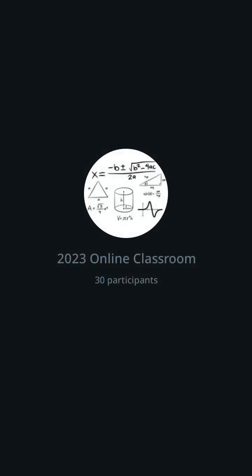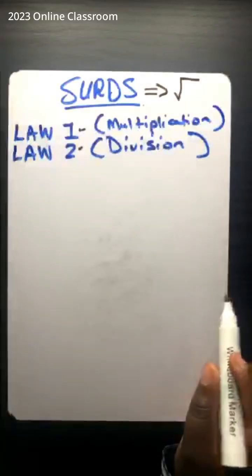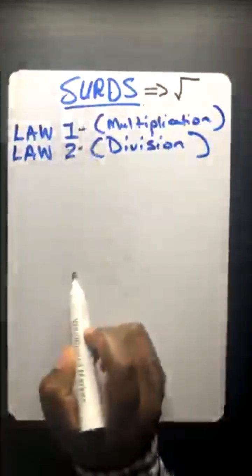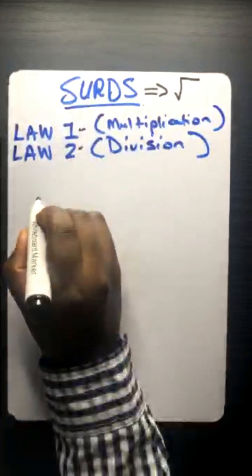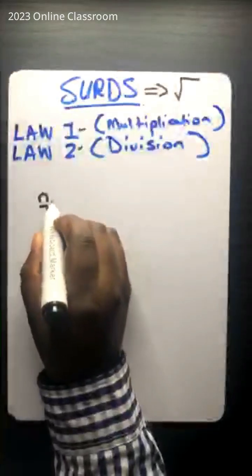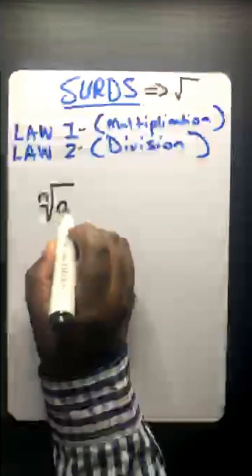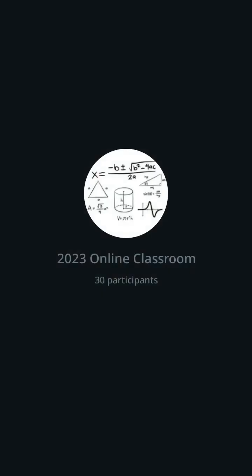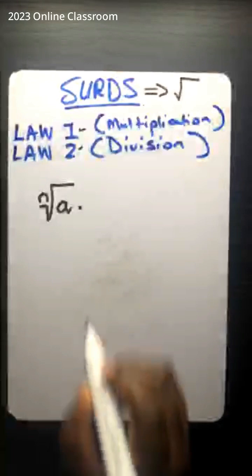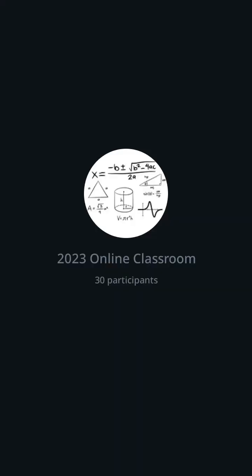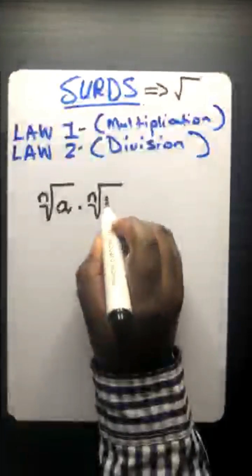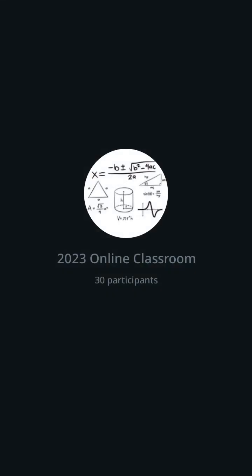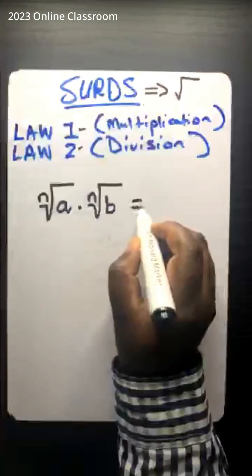In today's lesson we are not looking at the laws of exponents, but the laws under Surds, which are only two simple laws. Here, if you have n times the square root of a, multiplied by n times the square root of b, now we have b and not a. The law says: